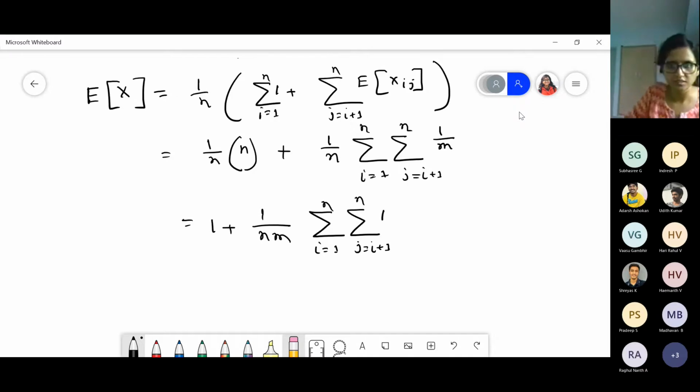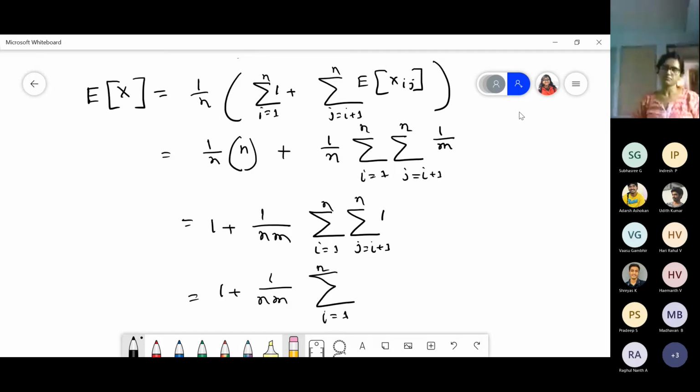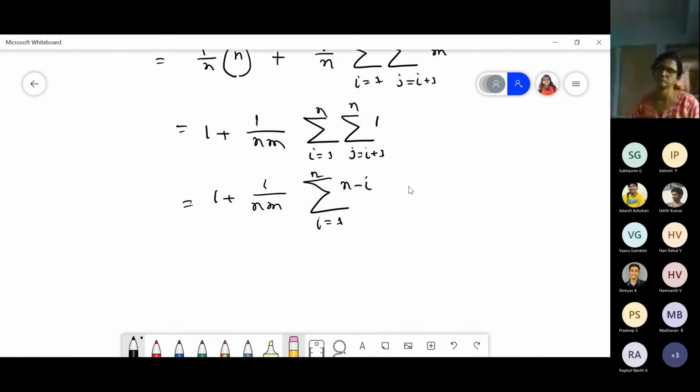So what is this inner sum value? Is it n minus i? Yes, it's n minus i.